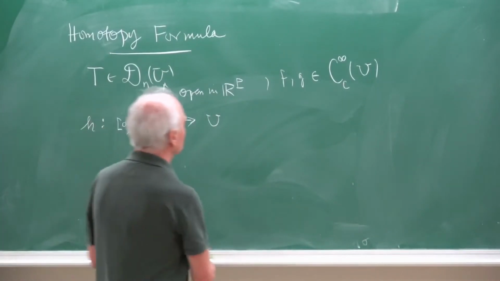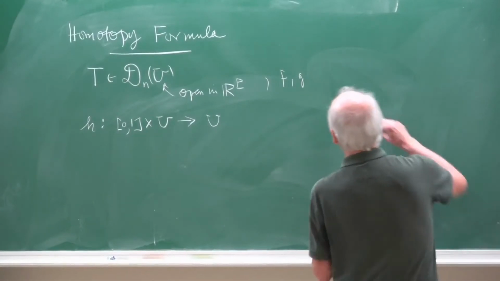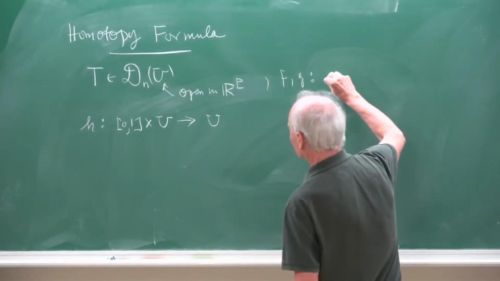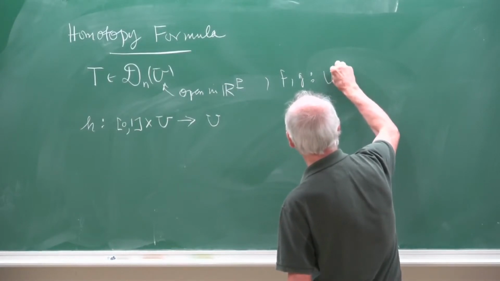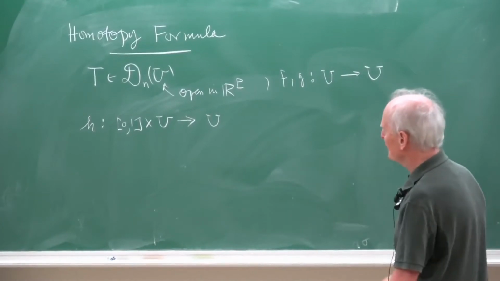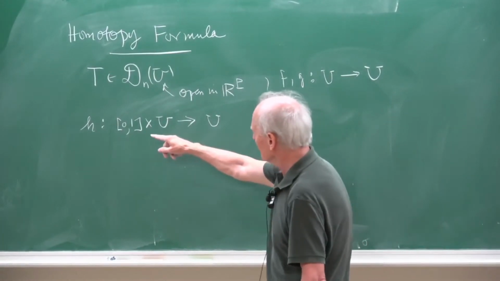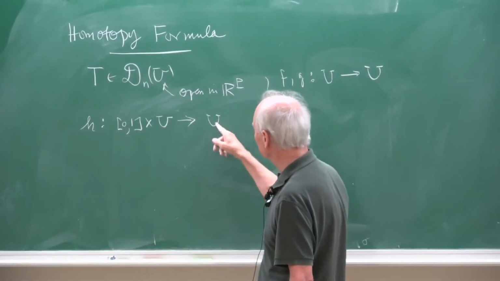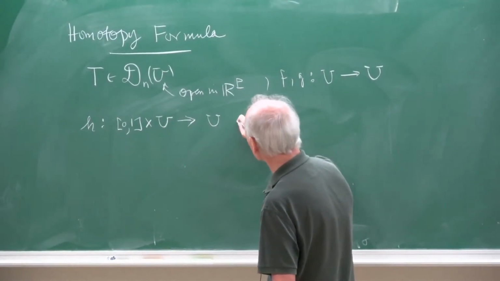You take two functions f, g which are maps from U into U, and then you define a function h on the Cartesian product of the closed unit interval cross U back to U,